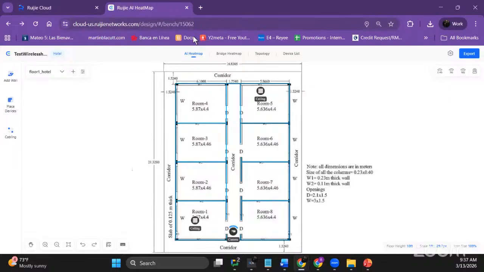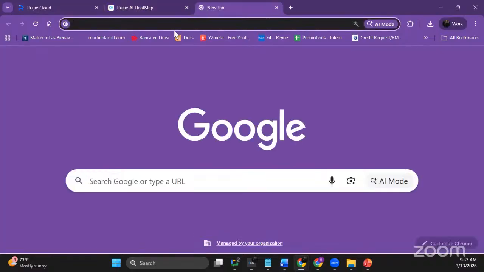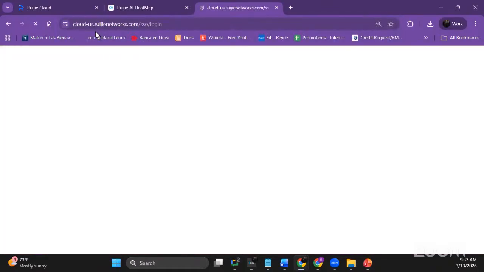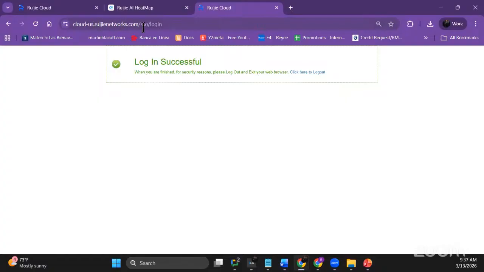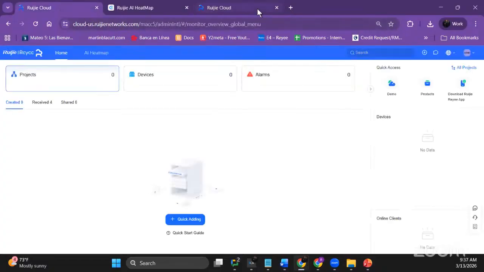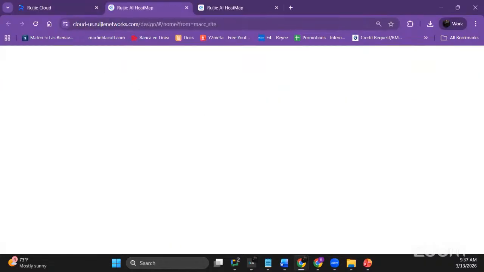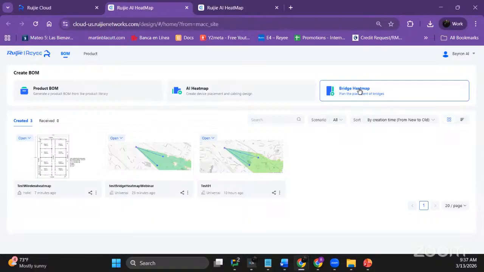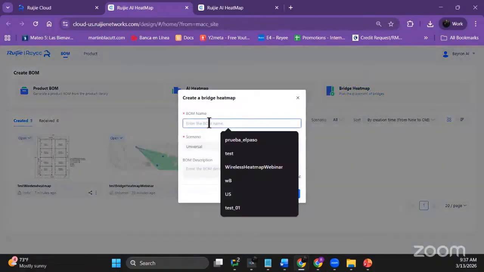I'm going to show you again how to enter this platform. The first step is to go to cloud-us.regienetworks.com and log in with your user credentials, and then click on AI Heatmaps. And you can select between AI Heatmap and Bridge Heatmap here. If you want to install a wireless heatmap point to point or point to multi-point, you can select the Bridge Heatmap. You just have to click to give a name,